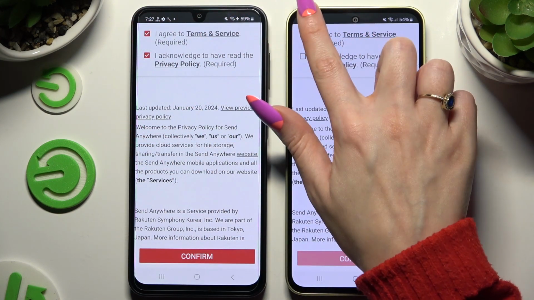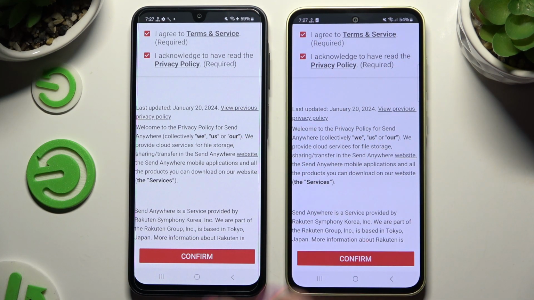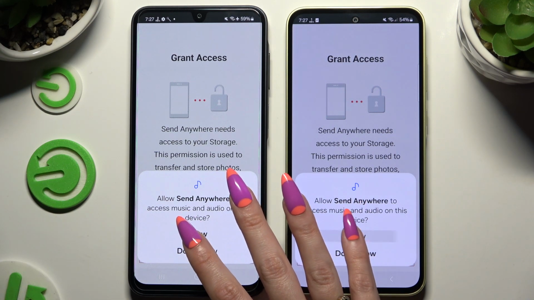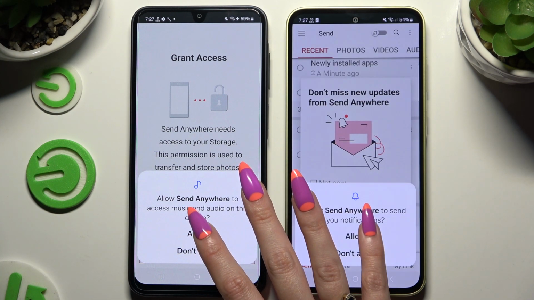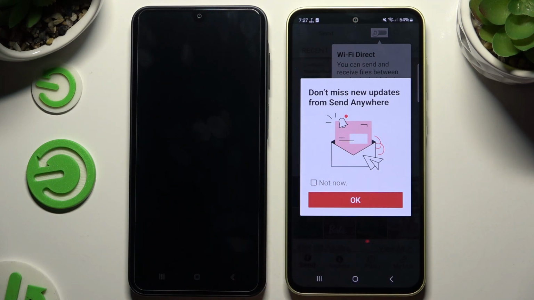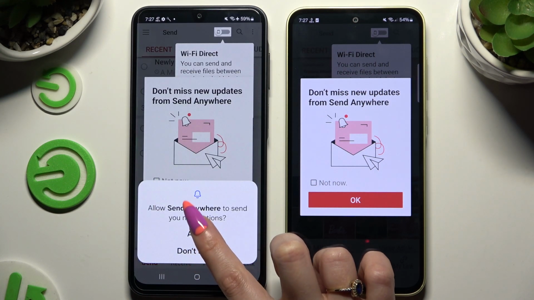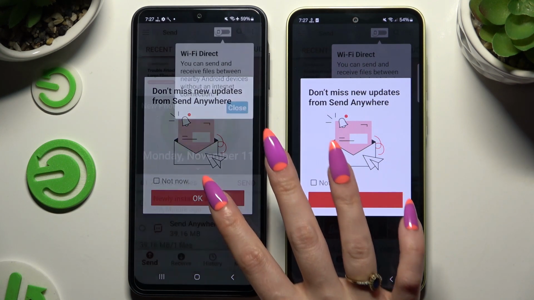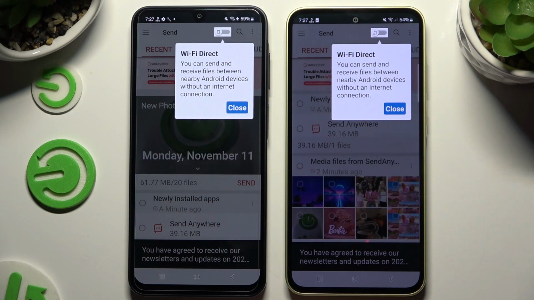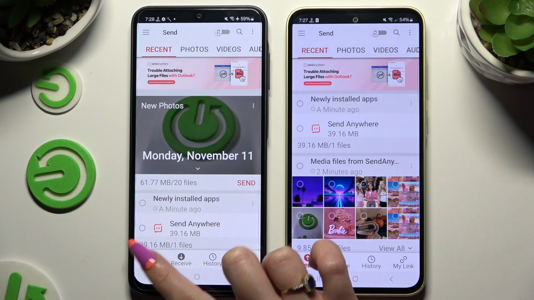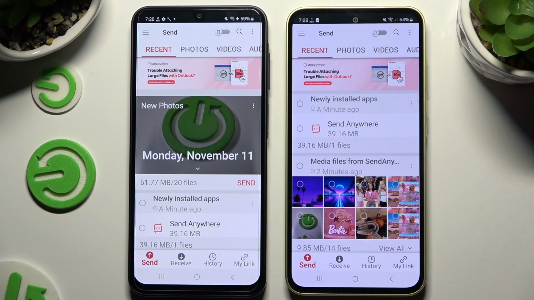Firstly, I agree and I acknowledge. Then confirm, continue, and allow. Now tap on whatever you want to in this pop-up and click on your device's display. Finally, select Send at the bottom left corner of this Android and Receive right next to Send at the bottom